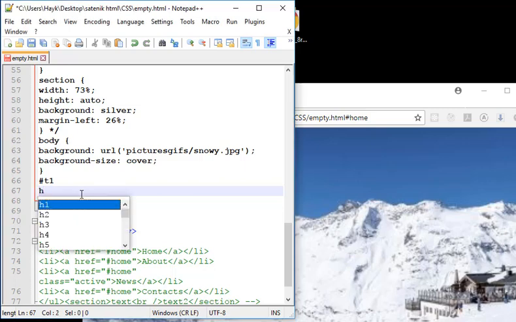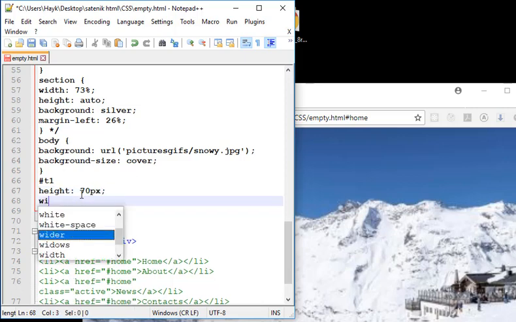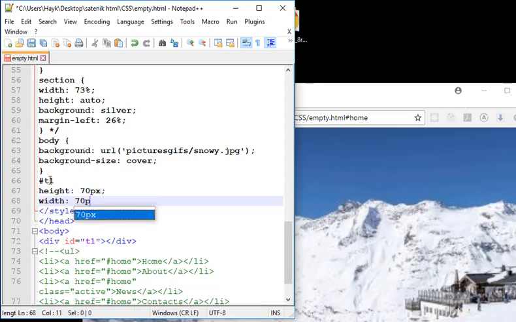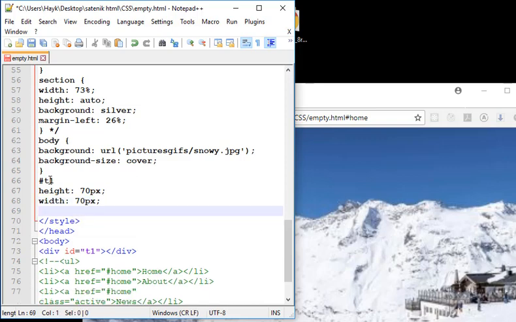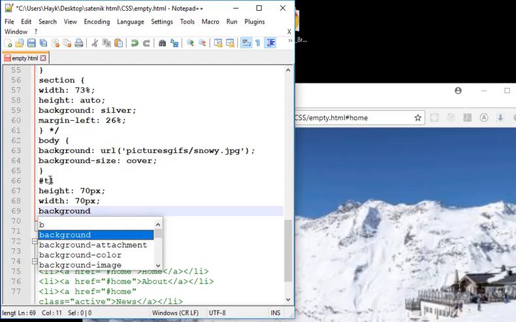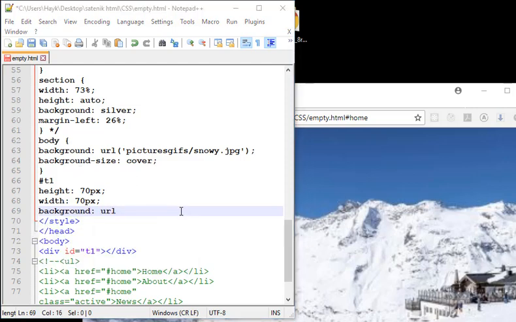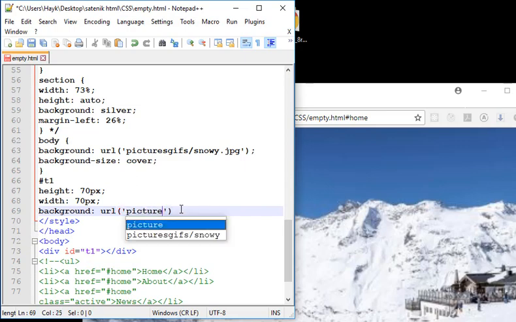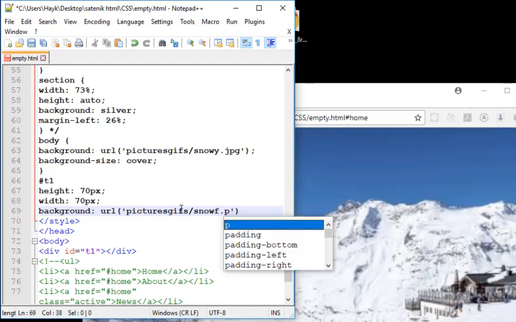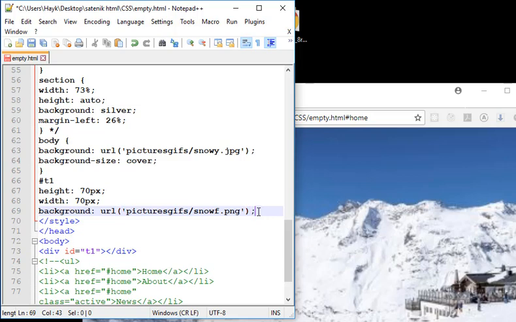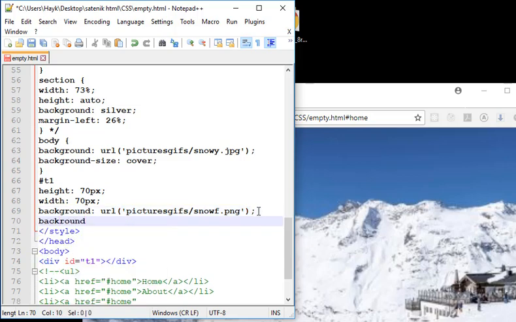So first of all, I'm going to write height 70 pixels, width also 70 pixels, and I'm going to give it its picture, which will be later on animated, URL, and it's also in my pictures gifs folder, so it's called snowf.png, and I'm also going to add a background size, cover,